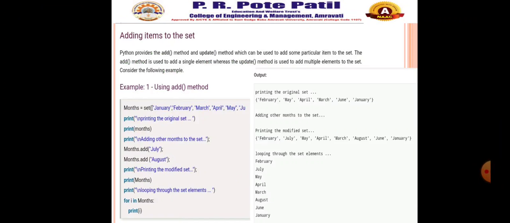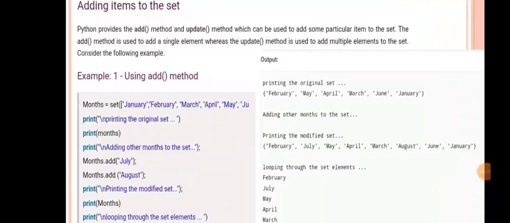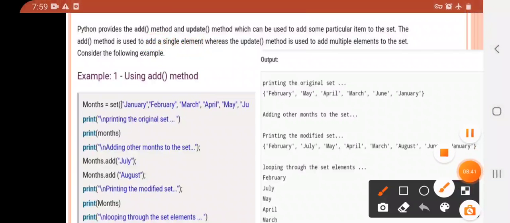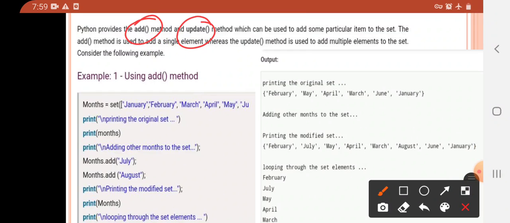Next is adding items to the set. Python provides the add method and the update method, which can be used to add particular items to the set. Both are important. The add method is used to add a single element, whereas the update method is used to add multiple elements to the set.